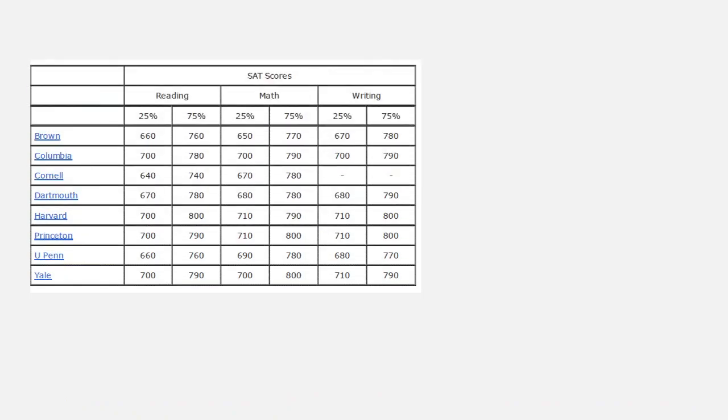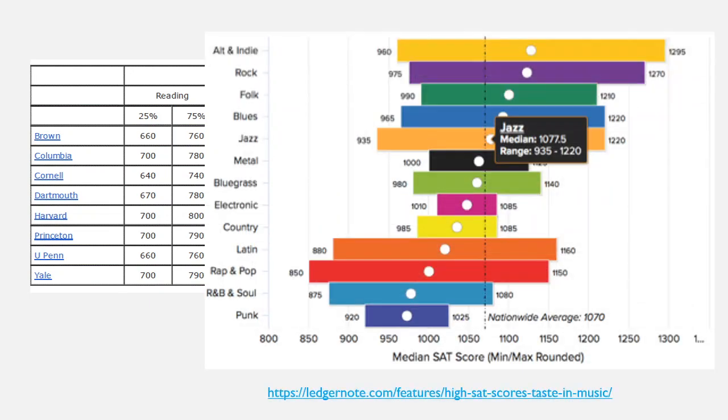Again, you do often see percentile-based data with standardized test scores. And then here's a fun one that I found. I found some research on music preferences and their relationship to performance on the SAT. So again, this data depicts median SAT score, and then it compares students who have various musical preferences to that median overall SAT score, and you can basically compare these various musical preference groups based on where they fall above or below that general median.